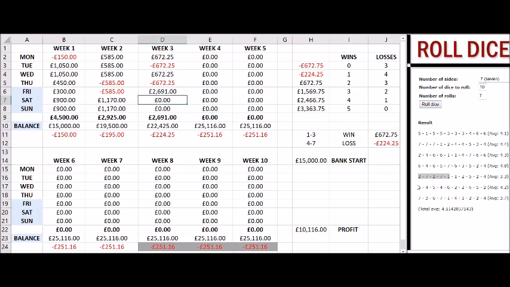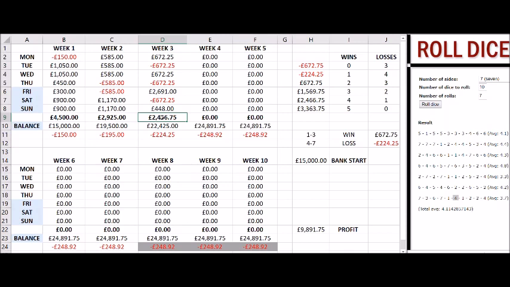Then on a Saturday, there were 3 losses there, and then on a Sunday we had 2 wins, which is 672.25, minus a loss when we pushed on, minus 224.25. Sorry, I've got a calculator that's helping me to do all the equations, the additions and subtractions behind the scenes. So that becomes 448. So at the end of week 3,